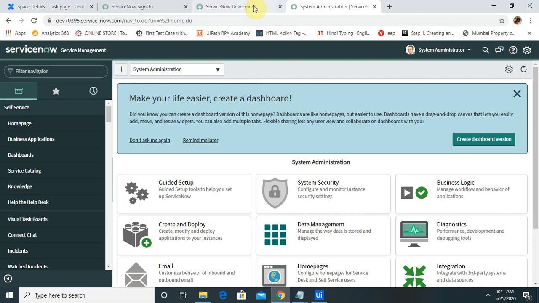For creating login credentials for ServiceNow, we have to go to developer.servicenow.com. Don't worry about that, I will mention the link or URL in the comment section. After going there, we have to create the connection. For complete understanding of creating the login credentials in ServiceNow, please watch my sessions on ServiceNow, which are available in the ServiceNow playlist.